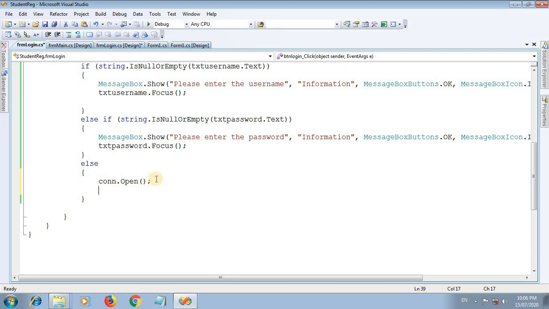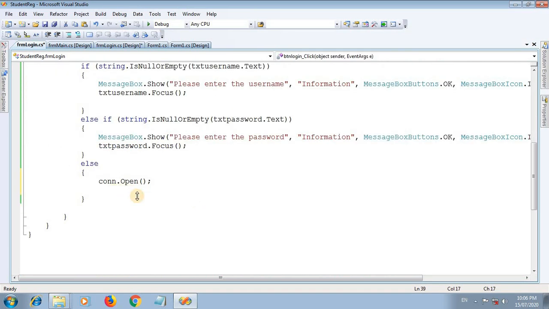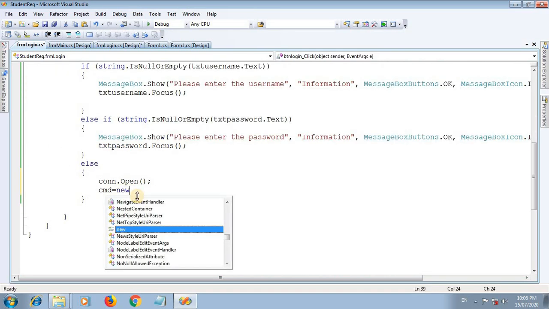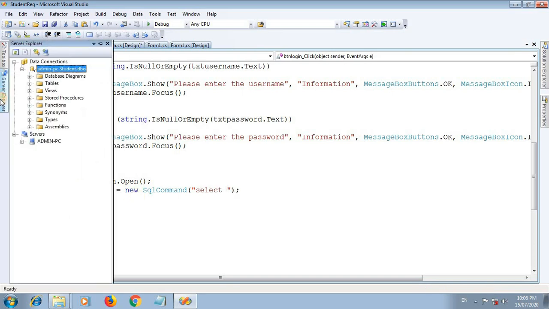We have already created a SqlCommand object, that is cmd. So cmd is equal to new SqlCommand, and the SqlCommand can be used to pass the command to the database. How can we write the SQL query here?